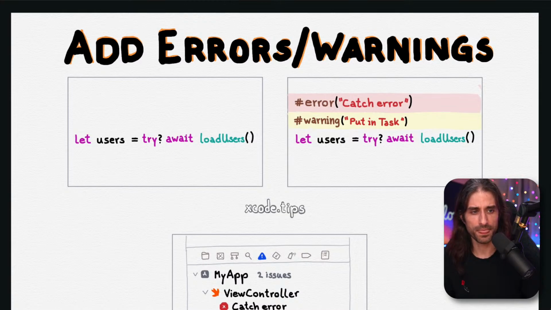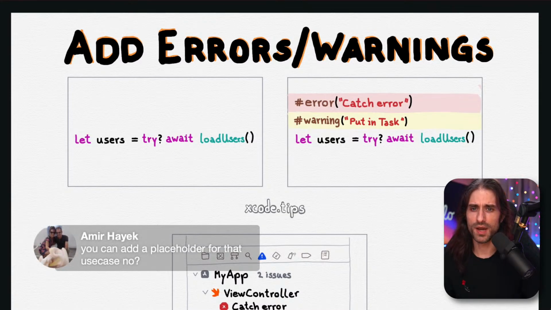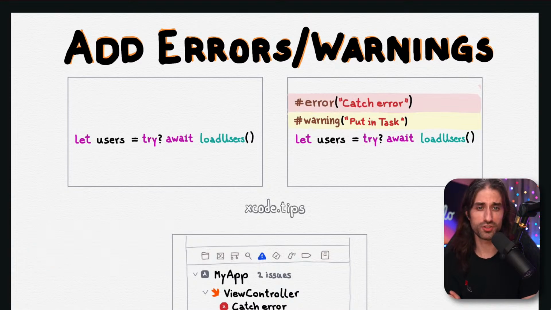also use them. You're saying, Amir, you can add a placeholder for that use case. That's a good question. You can add a placeholder for your API key, for instance. But what's going to happen is that people will run your project, it will make a network call, and then they will see an error that says, "Oh, you need to update the API key in your project." Most likely,